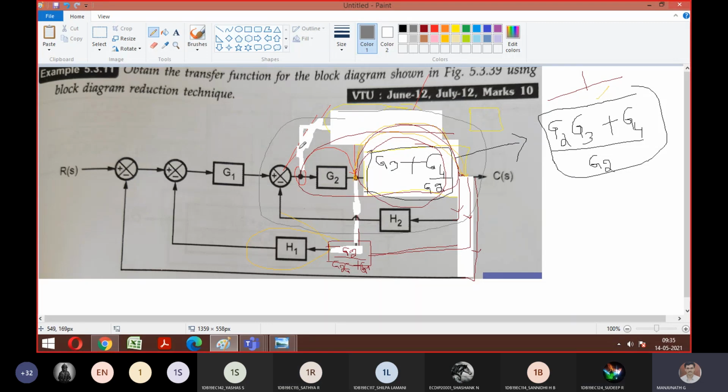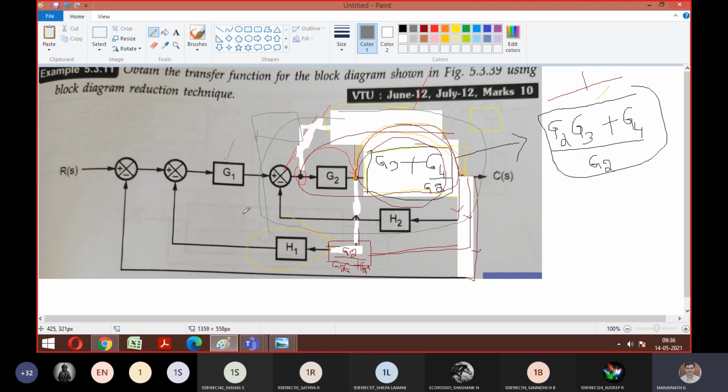So elimination. From this you're going to get one block. Again that one block and this G1 become cascade. Good. Here again H1 and the previous one are also cascade. Yes, sir. Again that combination, this complete answer is going to be one block. This is elimination. And again the last left out is one more elimination. At that time you should consider the feedback as 1. That's it, right? Yes, sir.